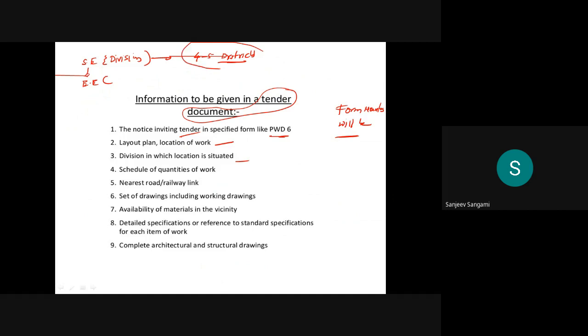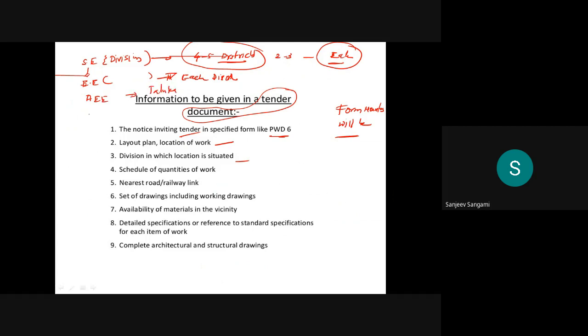One division covers 4 to 5 districts, or sometimes if it is bigger, 2 to 3 districts, or sometimes each district. If it is bigger, then each district will have an SC office. Normally the executive engineer's divisions will be there at each district. AW offices, we can say, are at taluka level.